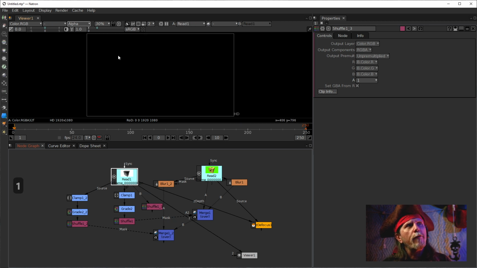If we look at the alpha here, it shows that it's black, and when the zDefocus node was created, when Natron imported images, a black alpha off of an image, because it's considered a solid,